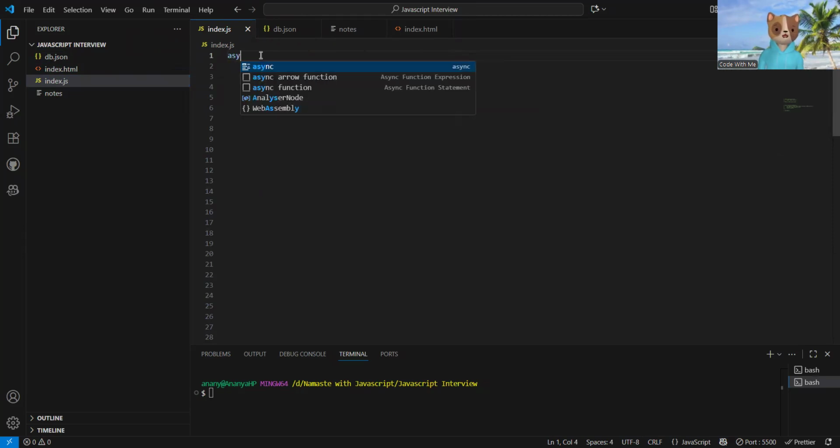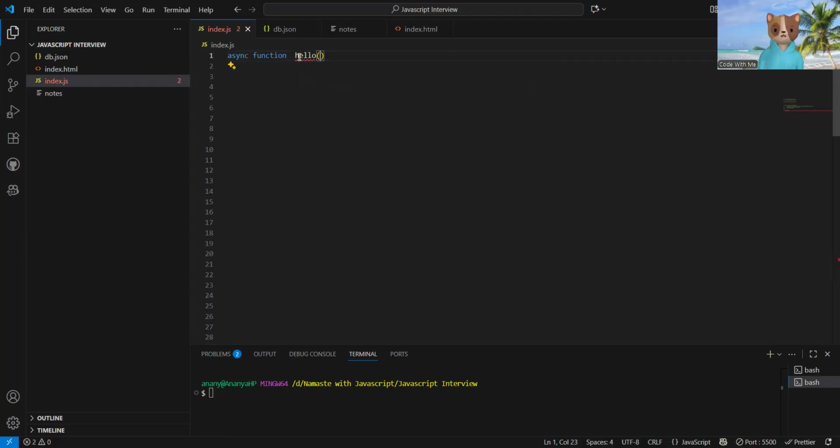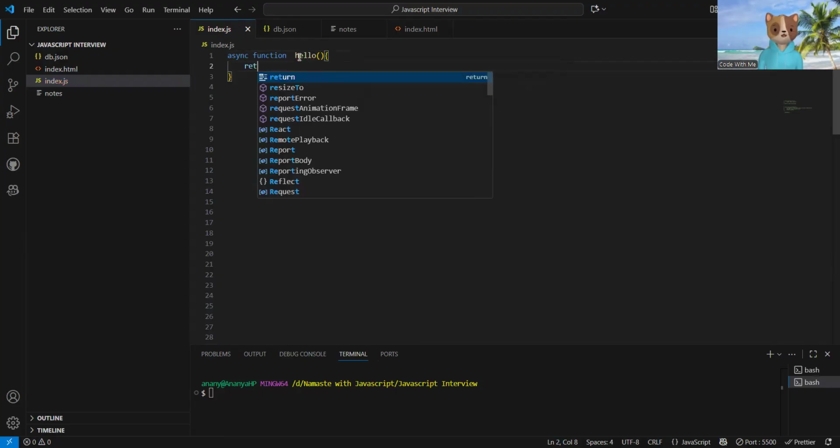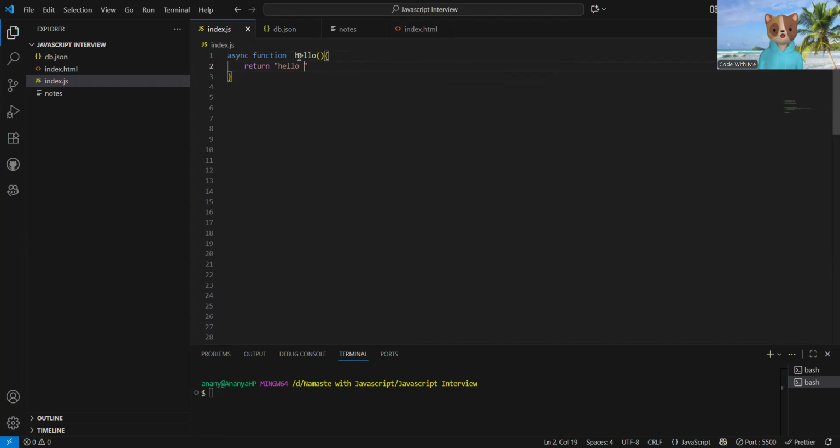So see, an async function, hello. It will return hello world. Okay, then we will print hello dot then.